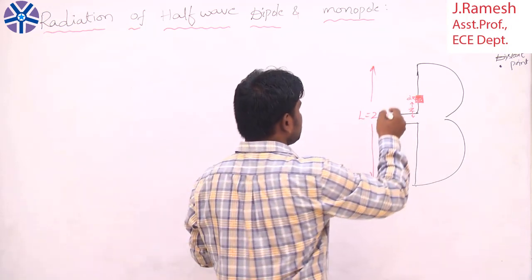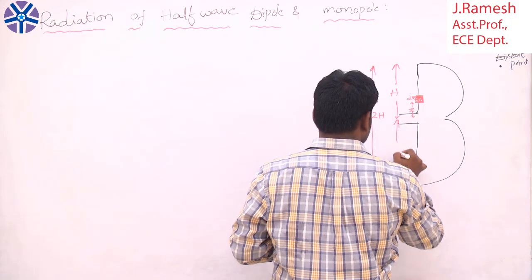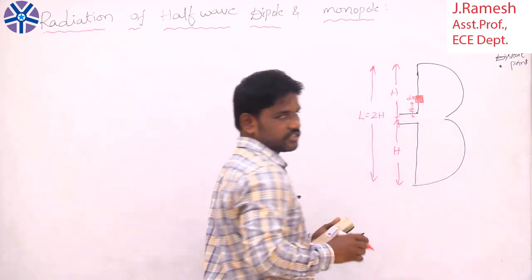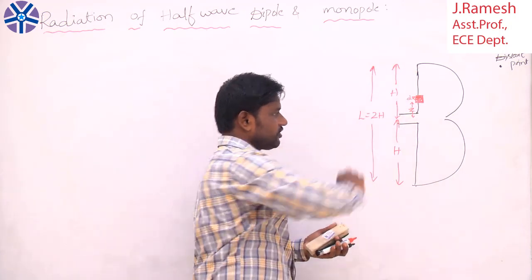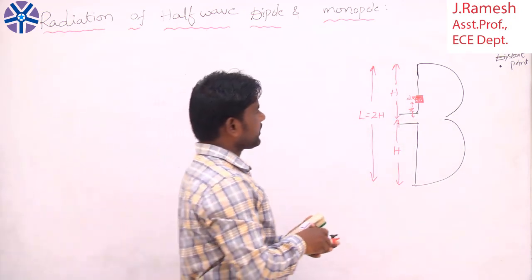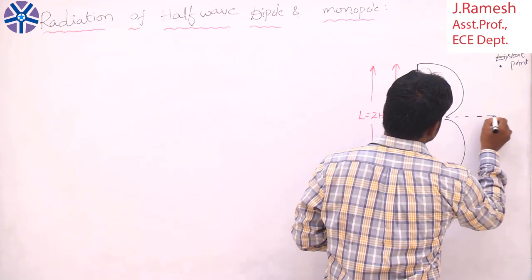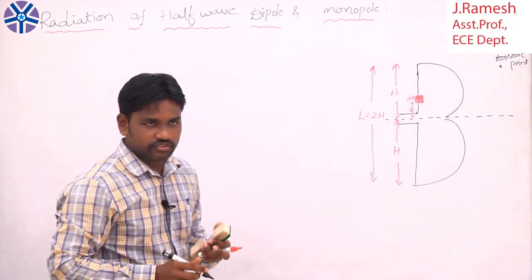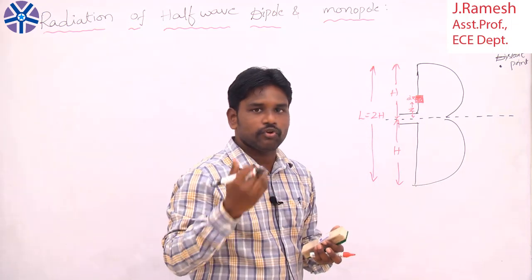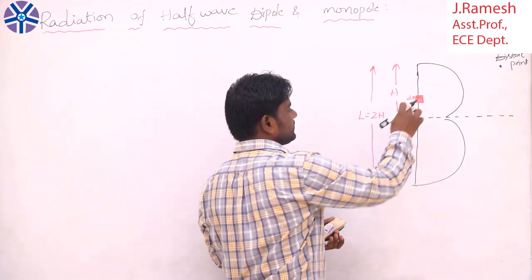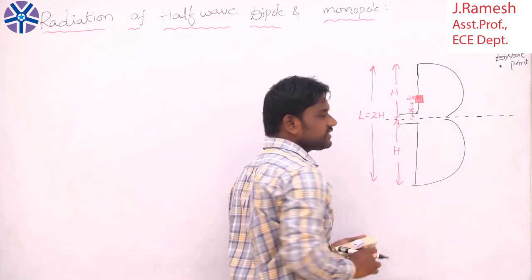What is h here? From here to here the height is h, and from here to here the remaining height is h. So the entire antenna I am taking as 2h, one half is h, the other half is h. For my convenience I am also replacing one half with a reflecting surface to indicate the monopole also. If you replace it with any such surface, you can say that it is a monopole antenna. There is a small element dz I placed along the z-axis, and the distance from here to here is z.